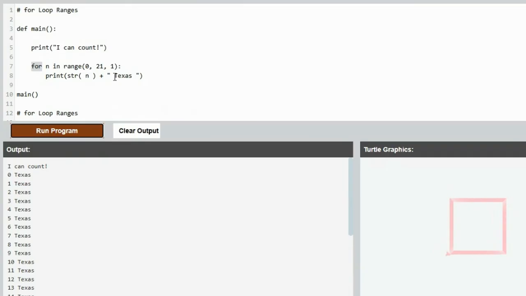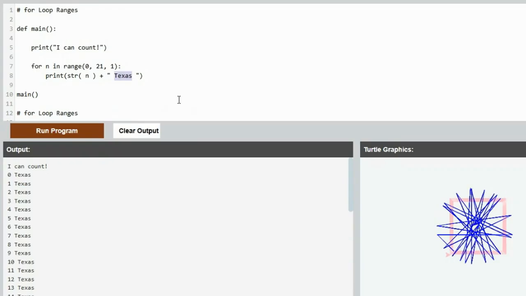Well, the program in the lesson said Mississippi because when you count, the length of time it takes to say Mississippi is about a second. So if you're wanting to count 10 seconds, you can go 1 Mississippi, 2 Mississippi, 3 Mississippi, and it'll be pretty accurate about 10 seconds. 0 Texas, 1 Texas, 2 Texas, 3, that would be too fast. So that doesn't even make sense to use Texas instead of Mississippi.